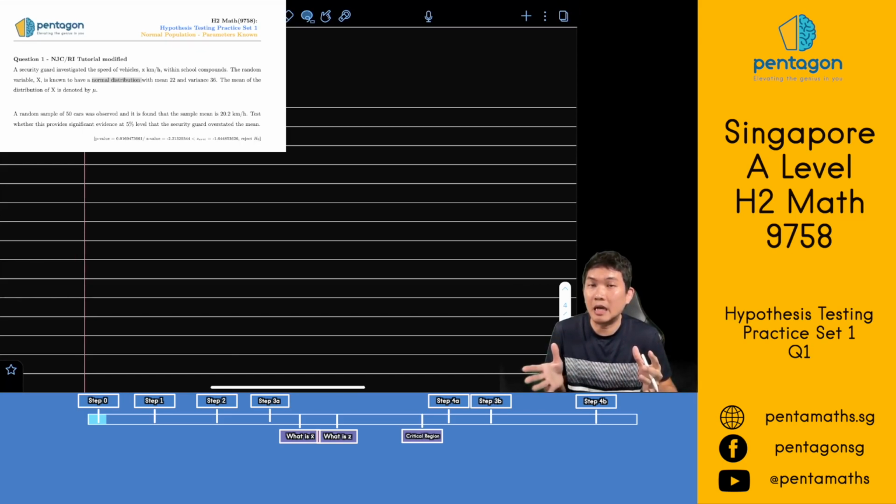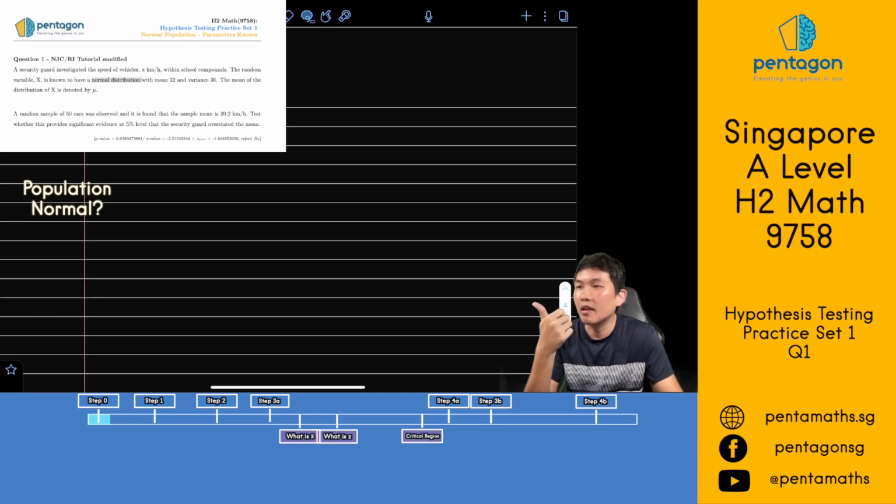So the questions we want to ask is number 1, is the population normally distributed? And it's written explicitly in this sentence or this phrase over here. The next question we should ask is, do I know the population variance? Further down in the same sentence, you can see that the variance is given. The other numbers, parameters, or variables that are interesting would be the sample of 50 cars and the observed sample